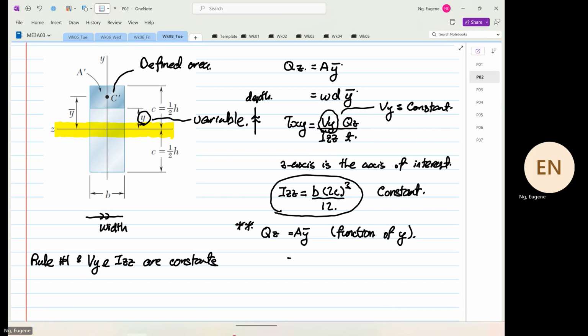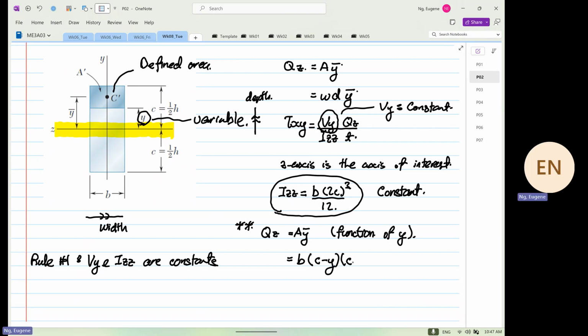When that's the case, remember I told you the area is width times depth. So the width is equal to b, right? And the depth is equal to what? The depth is equal to c minus y, and the y bar is c plus